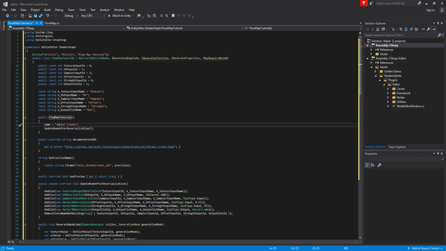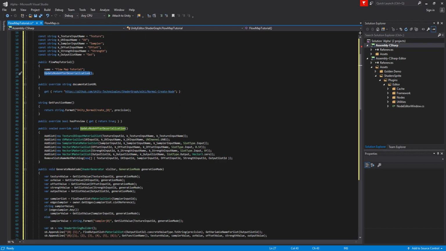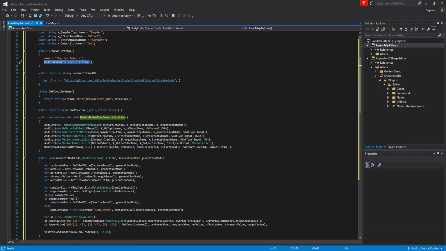Change the name. Okay, and we also do a call for this function, which is update node after the serialization. And if we go to this function, we'll find out that he's making some slot